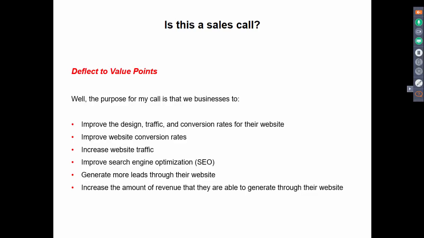In fact, I'm going to go through 10 objections here today, and there's multiple responses for each objection, and a lot of them are exactly the same because we're going to deflect back to the same section of our call script. This is basically deflecting back to the beginning of your call script, because this is a way to open your cold call.